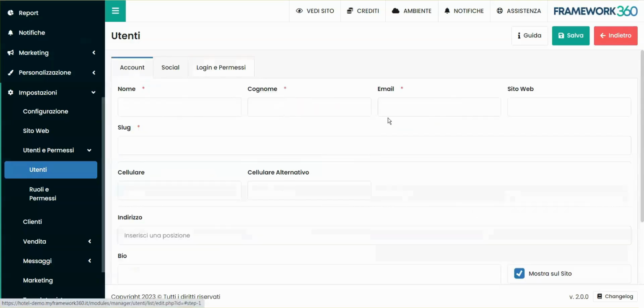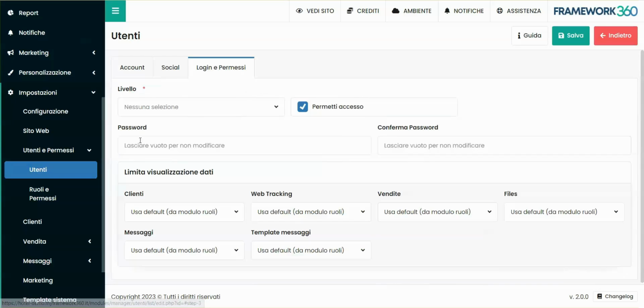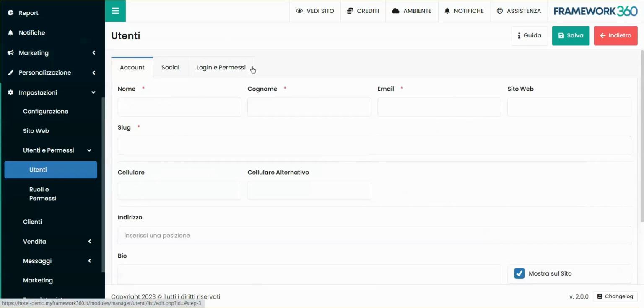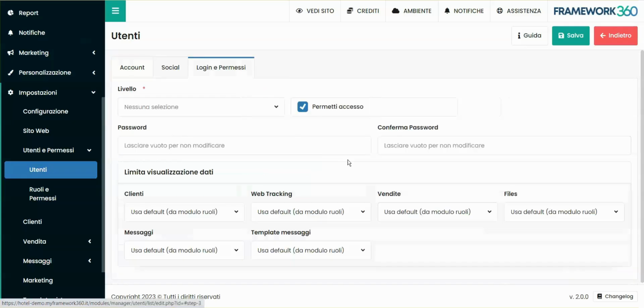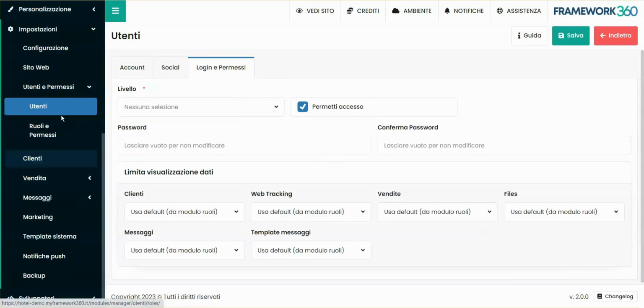For example, they will receive the email we have chosen to allow them access, and the password if we have set it. Otherwise, a random password will be generated by Framework 360, and our client will find it in the email they receive. If we want to send the data directly to our client via WhatsApp, for example, instead of email, we personally could simply give them the email we have chosen, the password we have chosen, and provide them with the link we find inside